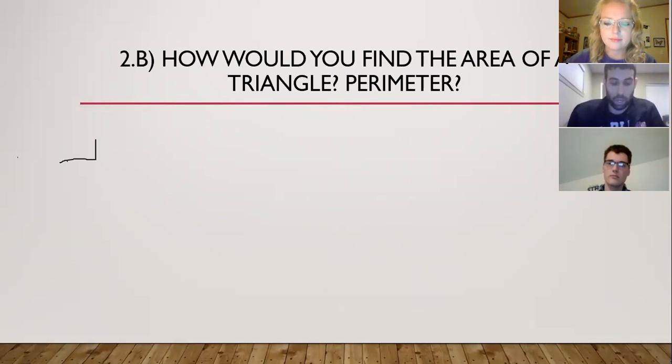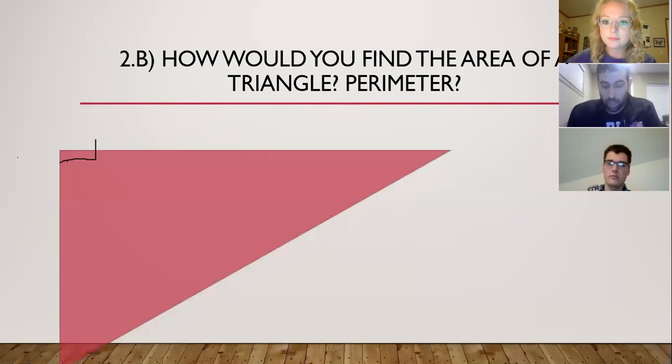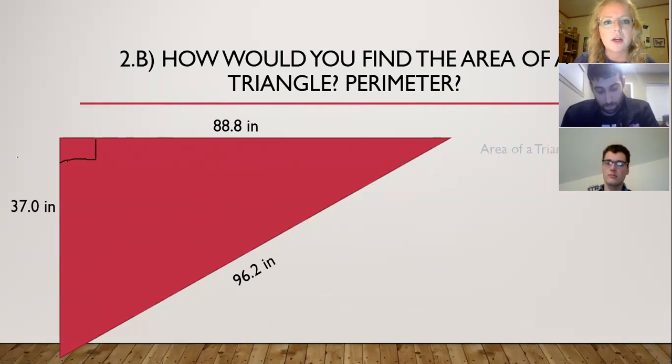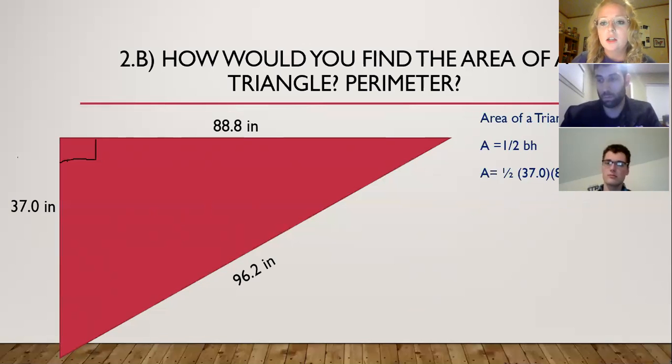All right, Amanda, how would you find the area of a triangle and perimeter? Okay, so to start with that, we're going to have this figure pop up. This is going to be our triangle. And here we have some measurements going on. So to find the area of a triangle, we know we're going to use the equation 1/2 base times height. So we know that the base is going to be 37 inches and the height is going to be 88.8 inches. So we're going to plug that into our equation. And when we solve it, we get the area is going to be